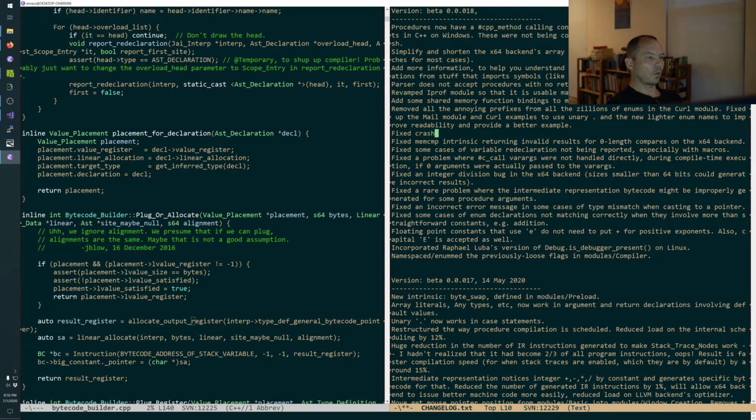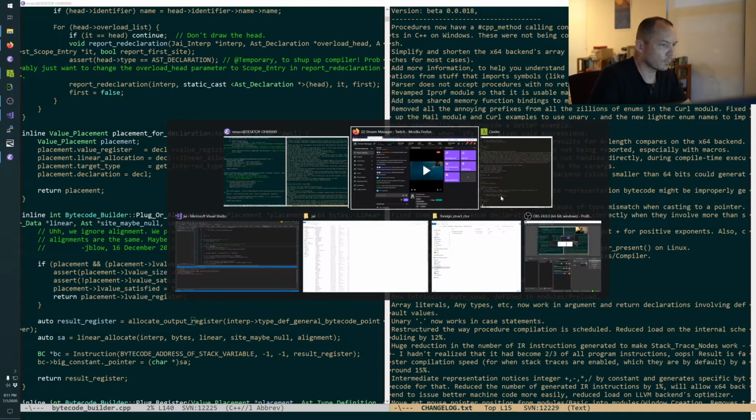Fixed crash when if X was given void expressions. Okay. Let's keep looking.